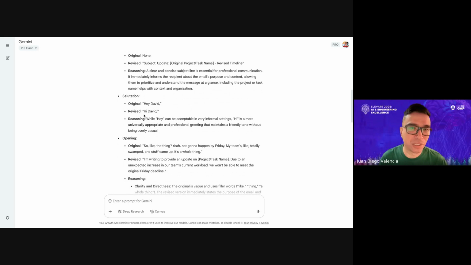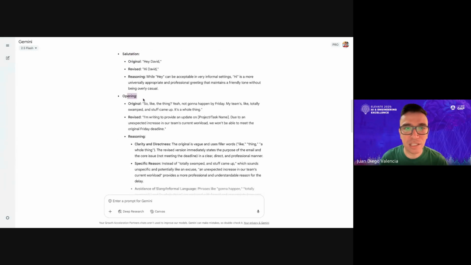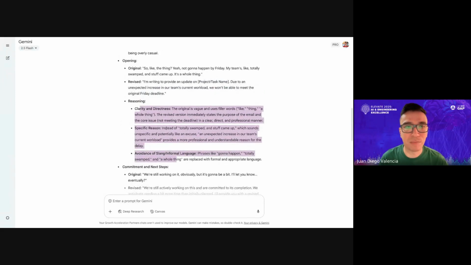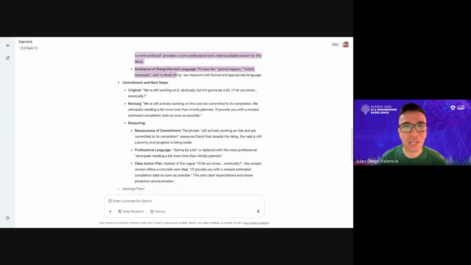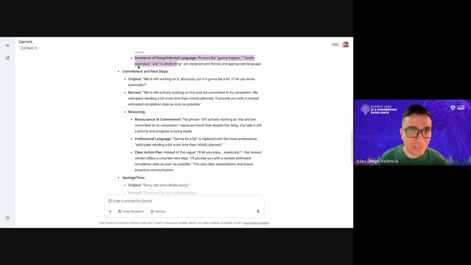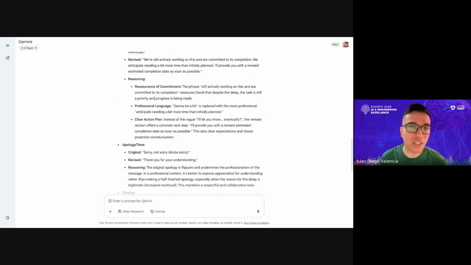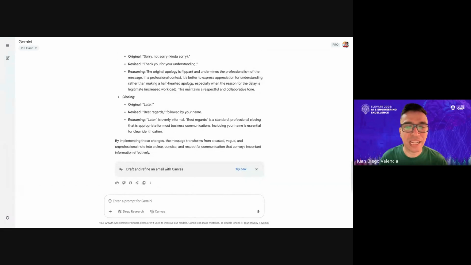And we have this for all the different sections, for the salutation, the opening, and we have 3 different specific important points as to why this is being changed. Then we have the commitment and the next steps, which is something I wanted to mention in my email. And as you can see, it goes into very specified details explaining why each of the changes are suggested.